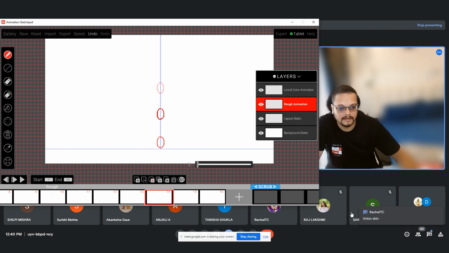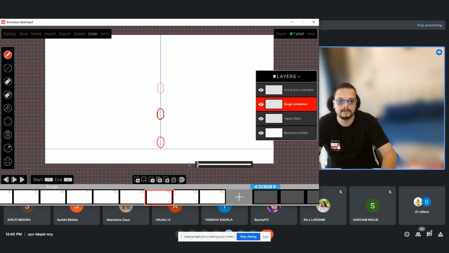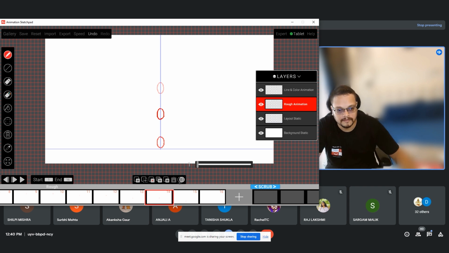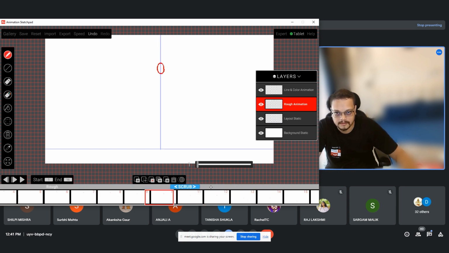Yes, Rachel. This is called onion skinning. Why do we need this? We need this to see our previous frame and last frame. It's like how we do it in the paper animation as well. We need to see the onions. We need to see our previous frame. So it's called onion skinning. Now I can switch this off in this software. And if I have to scrub,